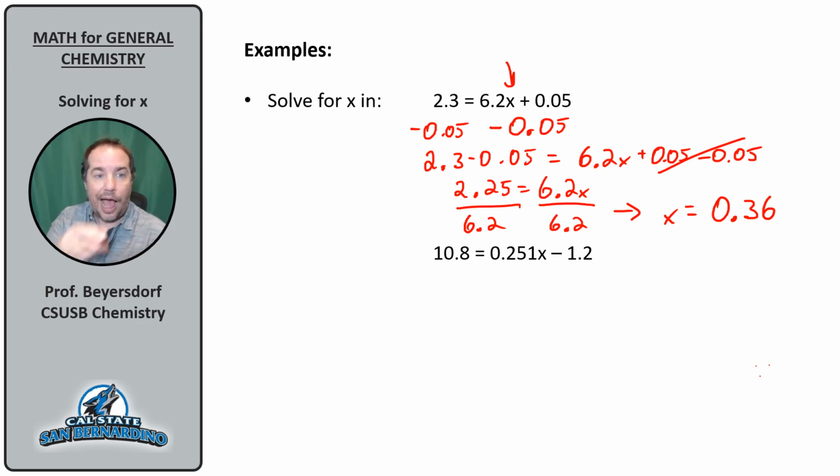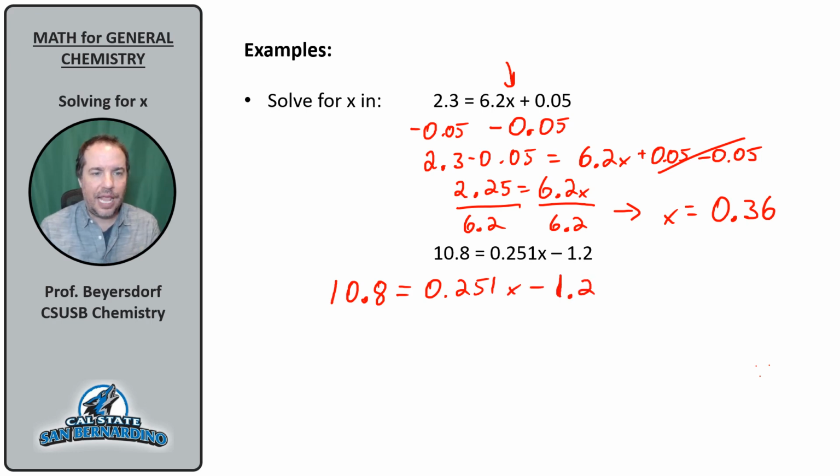Now notice the next one is the exact same thing, except I have different numbers. Why is this important to know? Because we do these types of equations of a line a lot of the times. So again, we start off with our 10.8 equals 0.251x minus 1.2. I want to get rid of this 1.2. So in this case, I'm adding 1.2. So that'll get me 12 equals